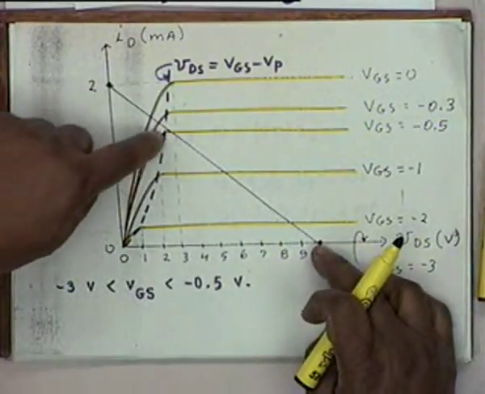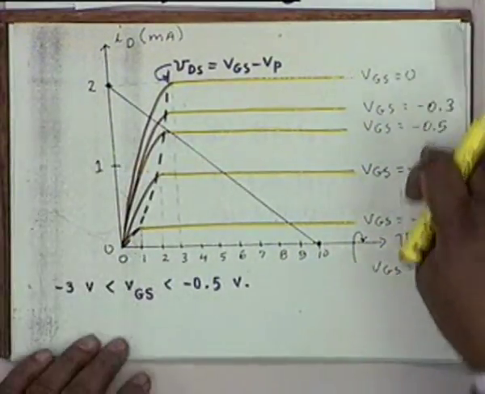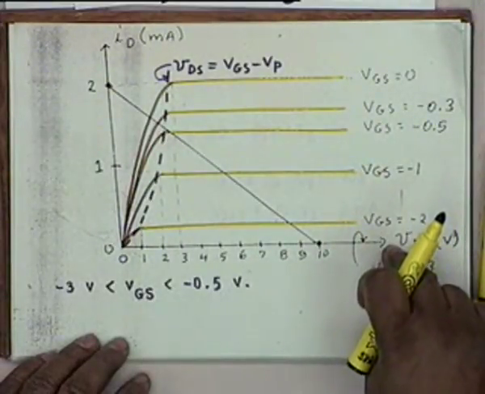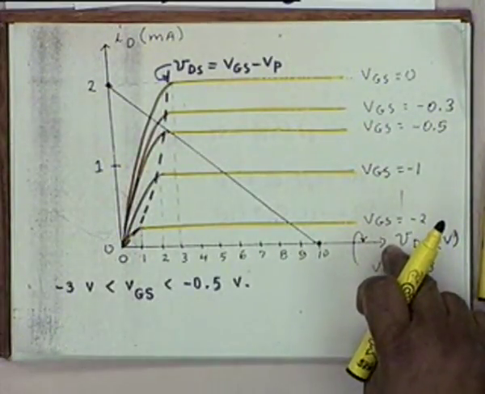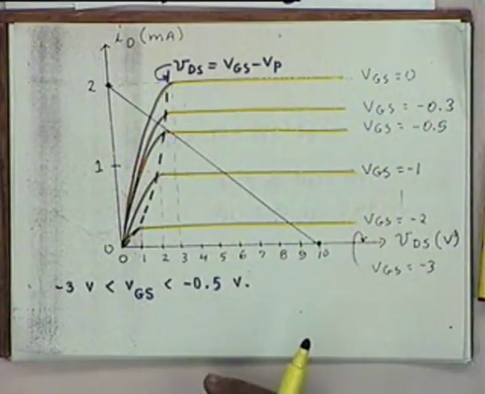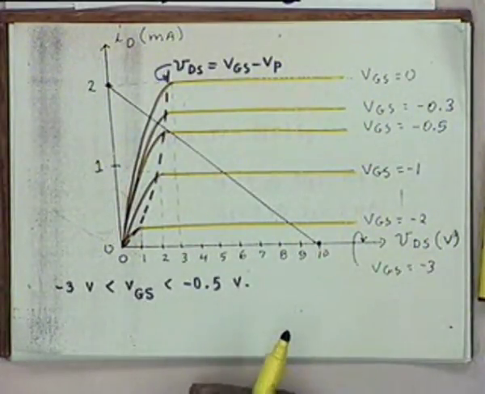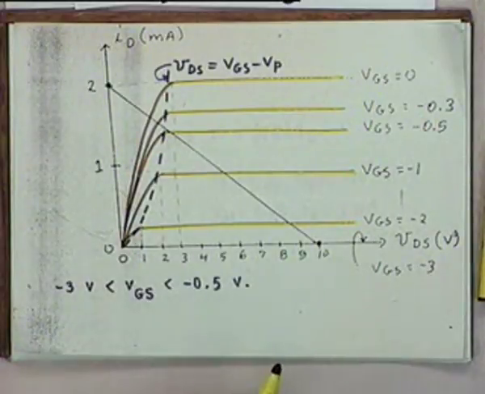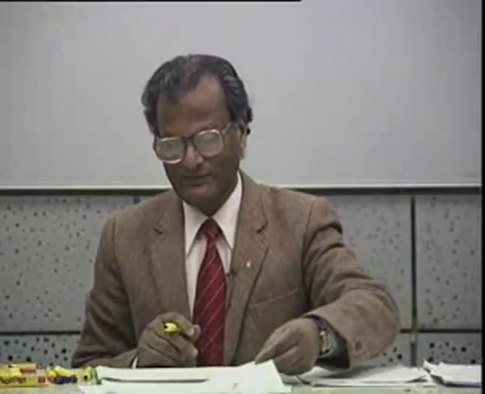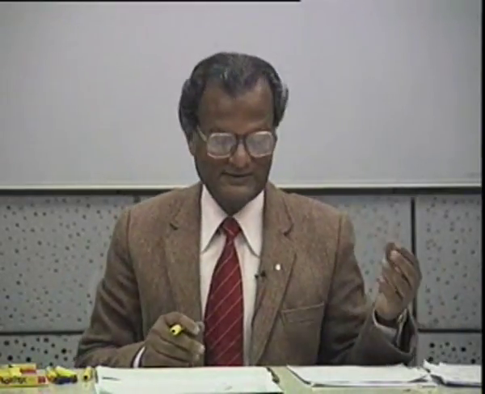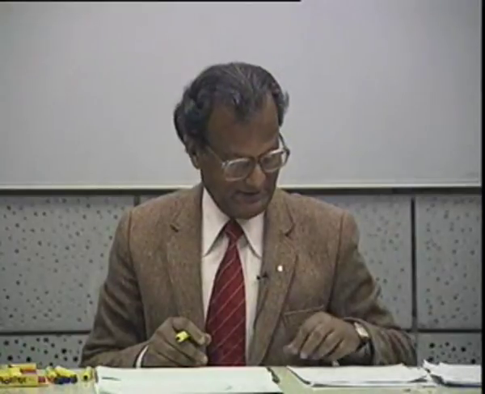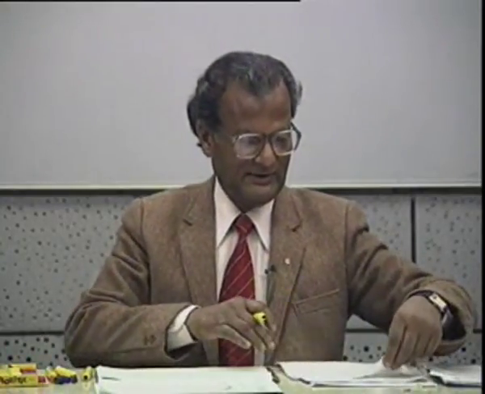So this is the range of operation between VGS equal to -0.5 and -3, and VGS is exactly equal to Vin, because there is no resistance at the source terminal, and that completes the question. So this is the graphical method for determining the range. That's correct. Otherwise you have to argue it out: the load line, where does it intersect a saturation characteristic? So you can do it analytically also, that's no problem.